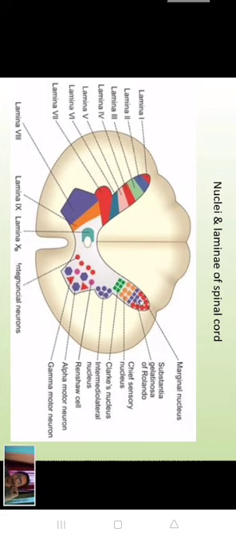They are arranged in laminae. Lamina 1 is for the marginal nucleus. The tip portion is lamina 1. In the posterior horn, from lamina 1 to lamina 6, are all the layers. Lamina 1 is the marginal nucleus, and substantia gelatinosa is lamina 2 and lamina 3. And lamina 6 is for